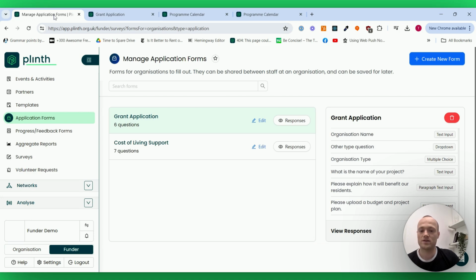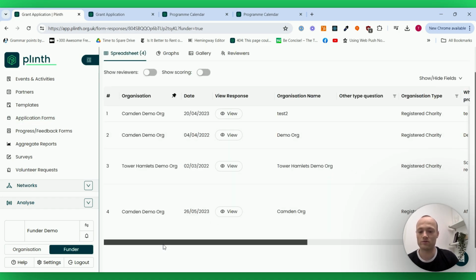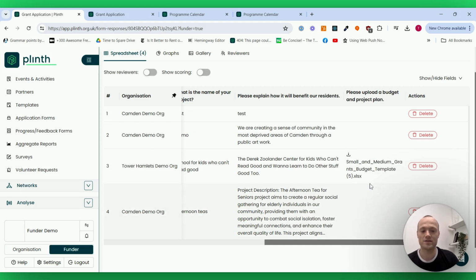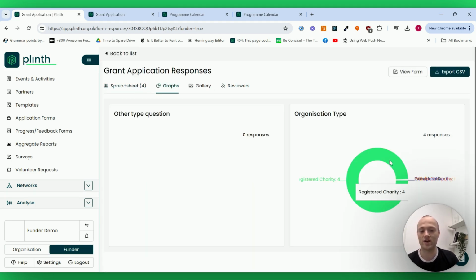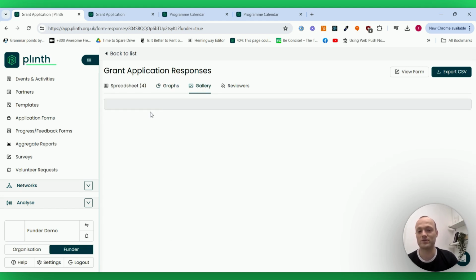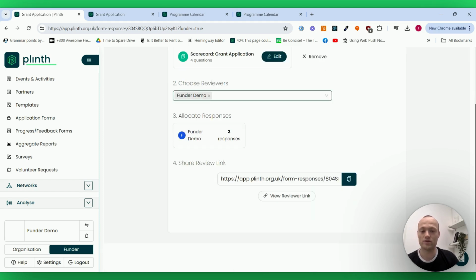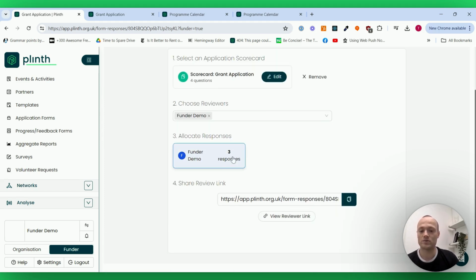So on this page, once someone's filled out that application, they'll show up in this little table of all the responses. So you can see all the people who applied, all of their answers. You can see some nice little graphs of the different kinds of applications you've got. You can see all of the pictures in a little gallery. But you can also set up reviewers. So you can add lots of different people to this account, and then you can assign those reviewers directly to